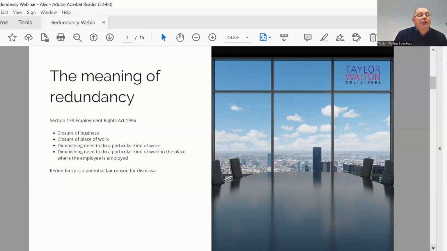And as you can see, redundancy is a potential fair reason for dismissal. So along with the other 5 reasons for fair dismissal, redundancy is one which the employer can rely upon and say it's a fair reason on the grounds of redundancy. So moving on,